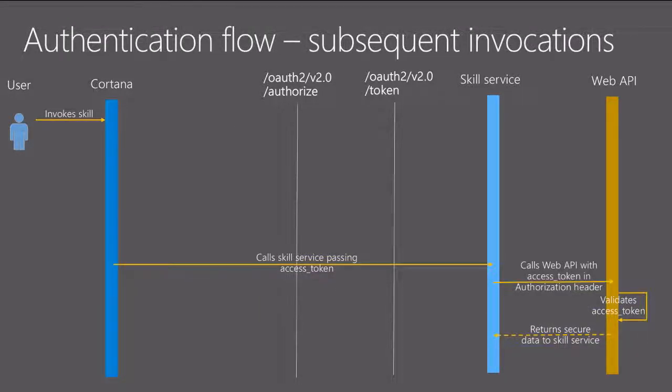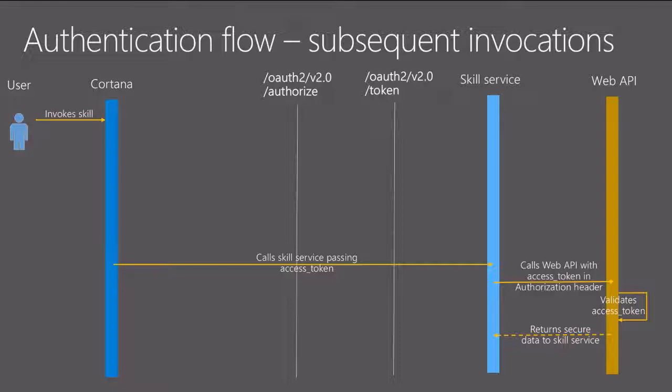Now, what happens subsequently? Well, this is the situation. Until that access token expires, the user will then issue another query and ask Domino's for yet another pizza, and it will just straight away pass that existing access token that Cortana has kept for you through to your skill, and you can access the data all over again. So no new